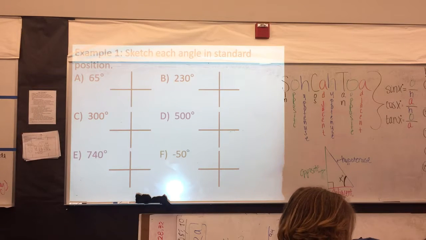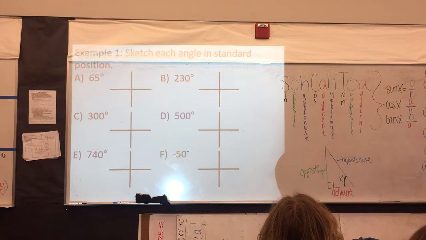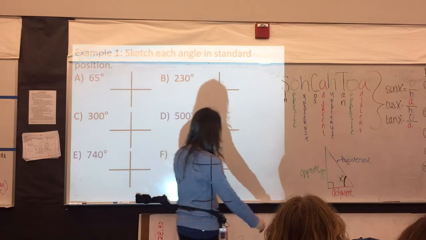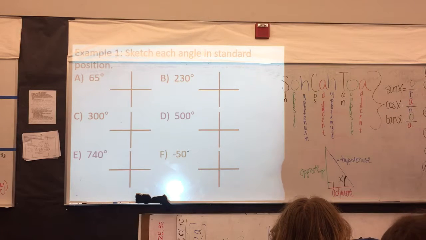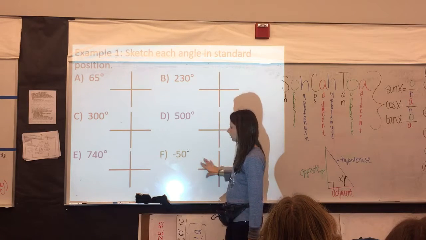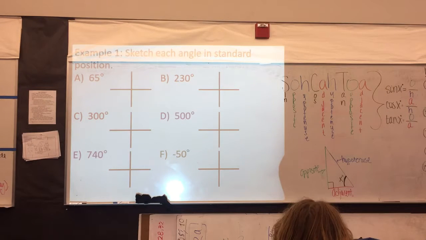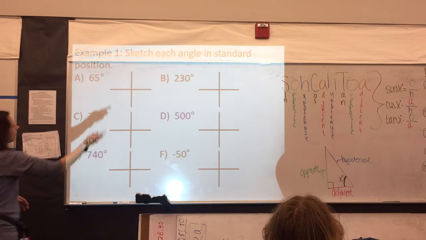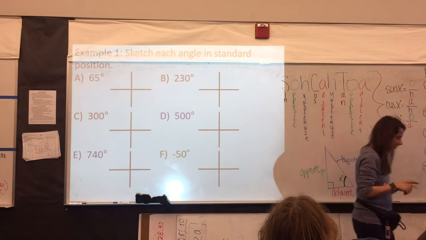I need to talk to you guys about a little bit of vocabulary. One of the things is quadrants. I need to talk to you about what a quadrant is and which one is what, okay? What does the word quad mean? 4, okay? So if you notice, I have 4 sections set up for my graph. They're going to be sketches of angles, okay? And the reason we have these 4 sections is we can divide, well, let me ask you this question first,